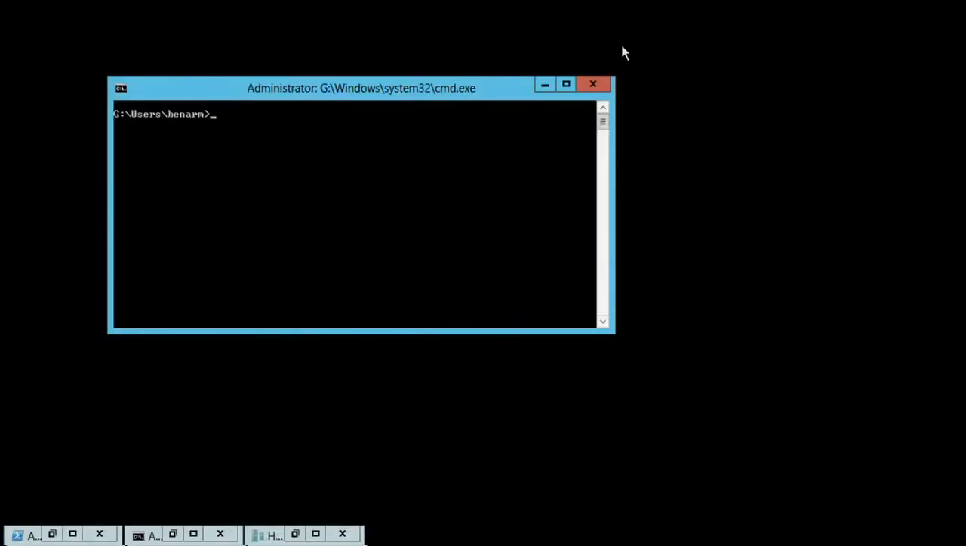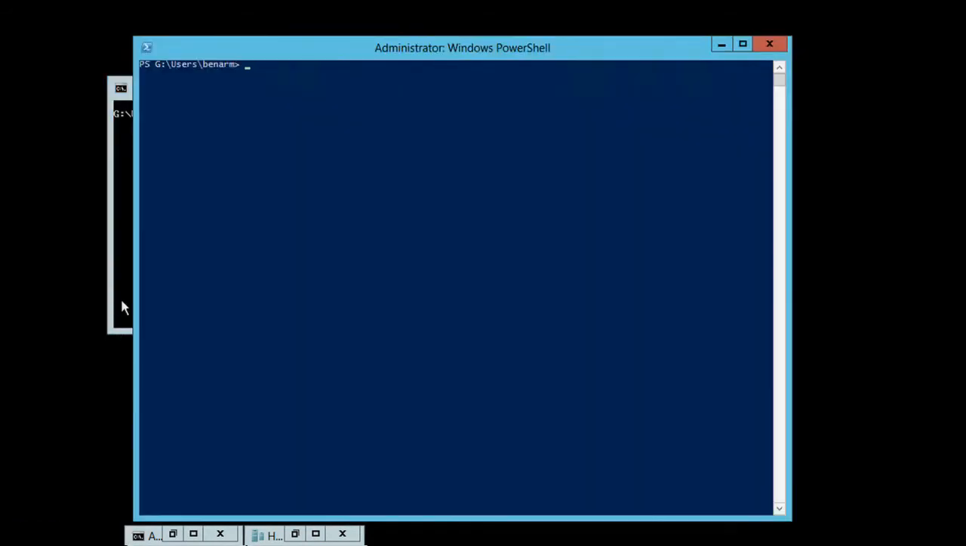So right now I'm connected to BenARM Zeta. This is actually not a full install of Windows Server, but it's not a core install. It's that lovely place in between where I have Windows Server Core, but I have my graphical management tools as well. Let me just quickly show you something about BenARM Zeta and BenARM Epsilon,